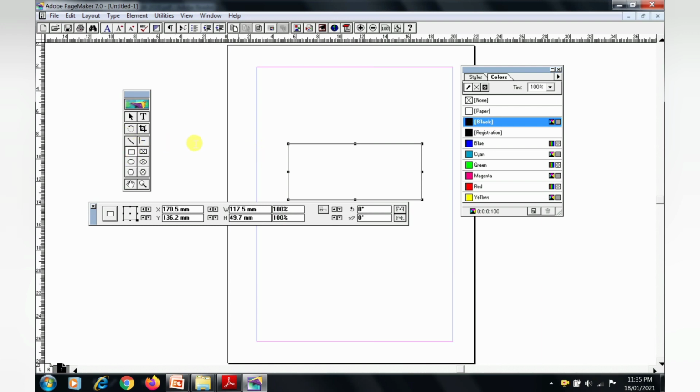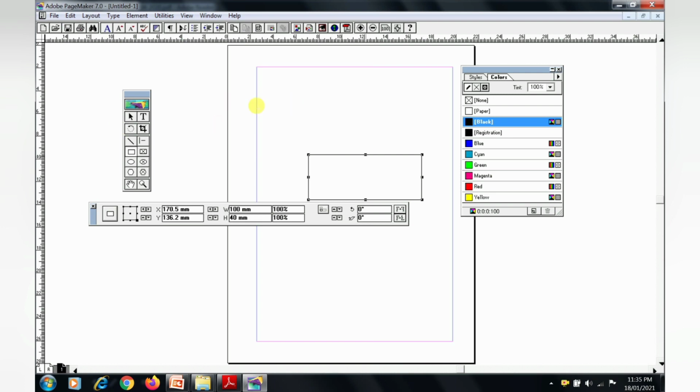Here the width of the rectangle is changed to 100 mm and the height is changed to 40 mm. After that, press the enter key. The rectangle now looks like this.